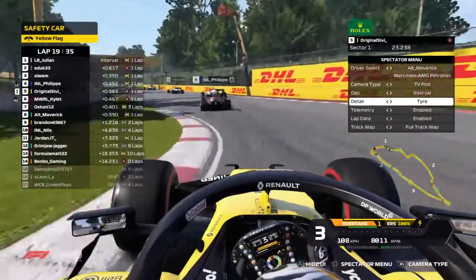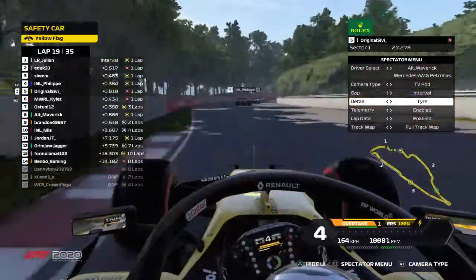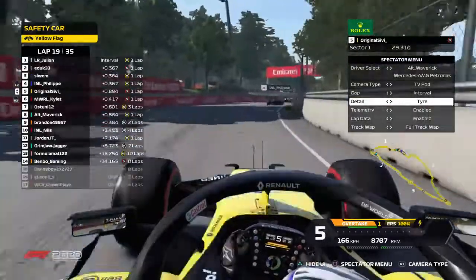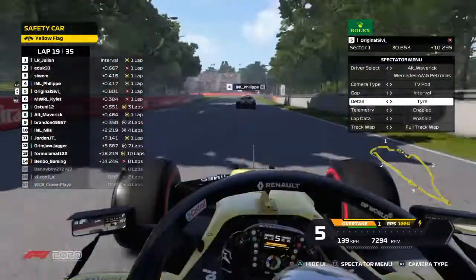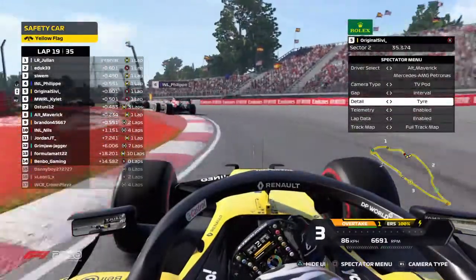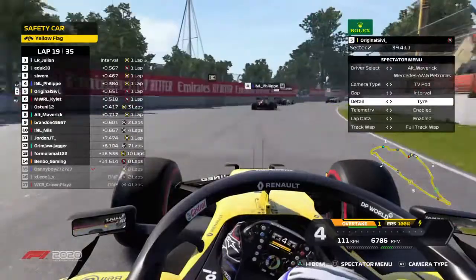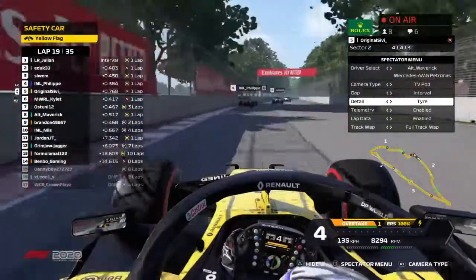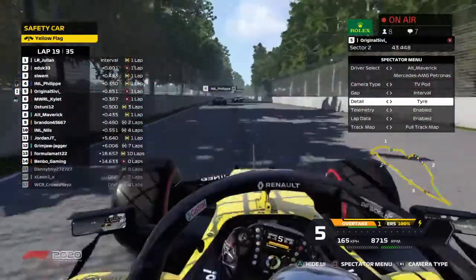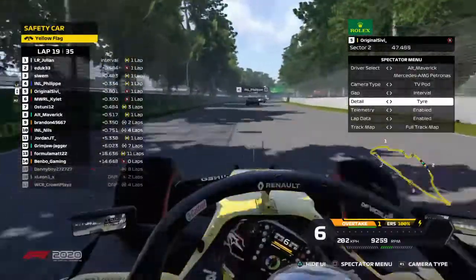Very big risk. Well, here's the thing. I mean, under the safety car, they're going to be able to take these tyres 10 laps. Now, whether they're going to be good for 10 laps remains to be seen. But they should be able to get 10 laps out of them. Yeah. Which should take them within perfect reach of going on another set of softs to the end. But... also if the rain comes...